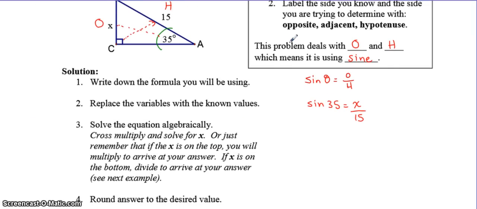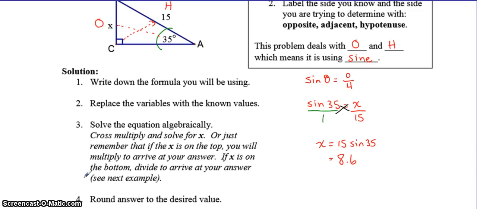And then now we're going to cross multiply. When you cross multiply, just remember that there is a 1 underneath that sine 35. So when you cross multiply, you get x equals 15 times sine 35. So in your calculator, 15 times sine 35 is equal to 8.6. Remember, some of you, instead of writing 15 times sine 35, will have to write 15 times 35 sine. So that is 8.6,